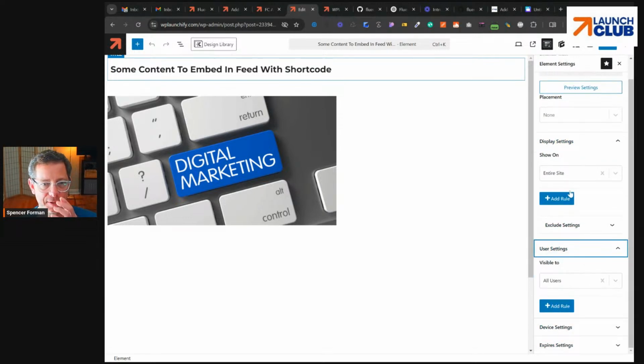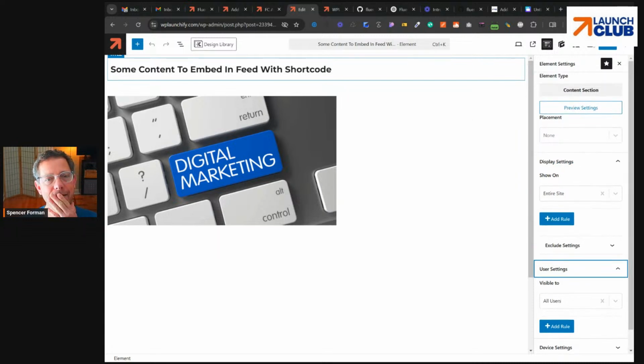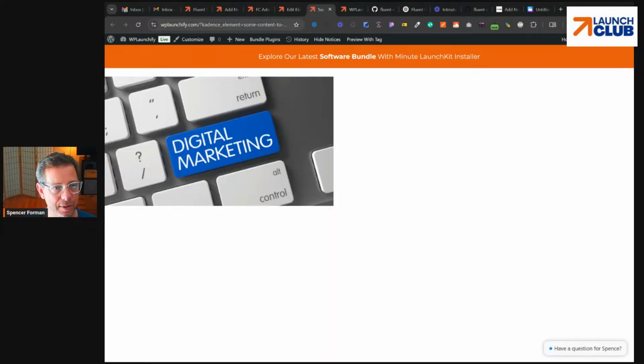It's interesting. I don't think this by itself will embed as a page. I think I'm going to have to put it in a page.